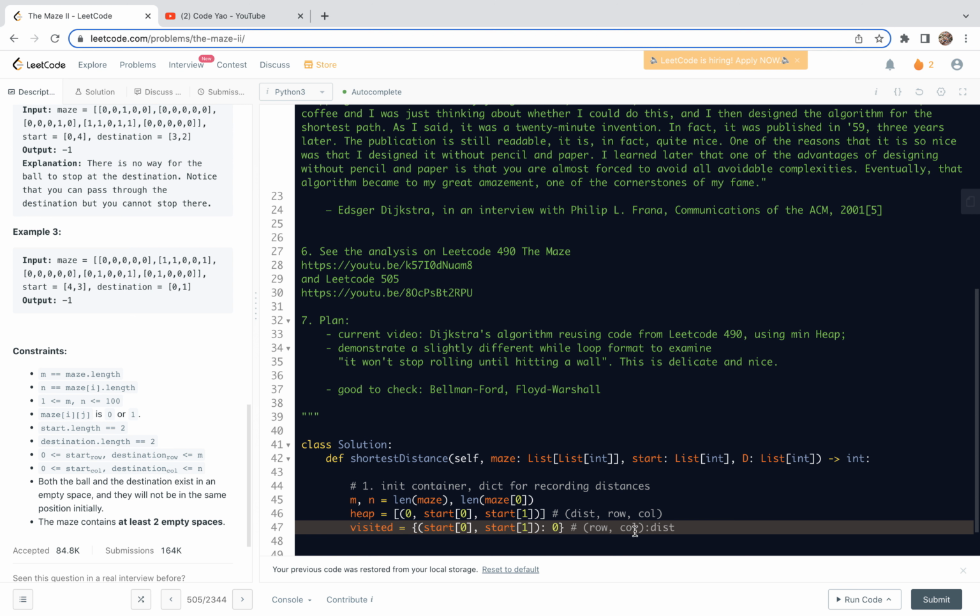So next, we are going to do the main loop and relaxation. This is going to be a while loop, while heap. Then first we get the current minimal distance and the corresponding position. Dist, row, and column equals heap pop, right? Heap pop. So from this heap we initialized, and then the first thing is that we check if the current position